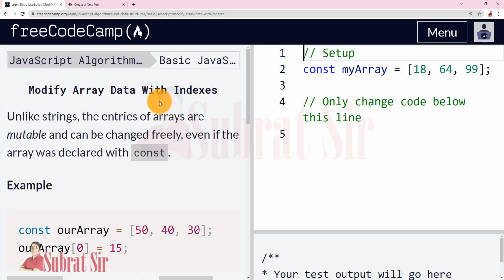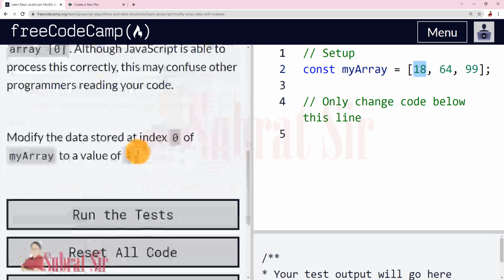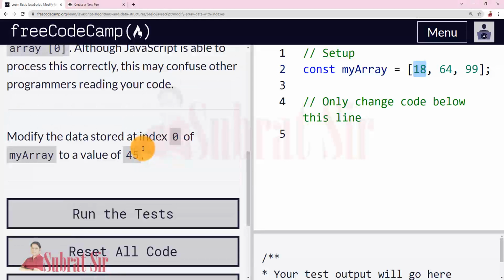Modify array data with indexes. Unlike strings, the entries of arrays are mutable. Okay, in string we have seen that using the index number we cannot change a single character, a single element, right? But here in arrays we can change a single element using its index number. Okay, so let us do the test.